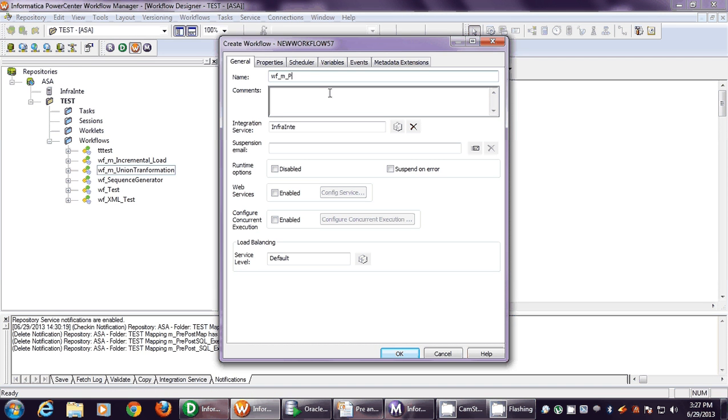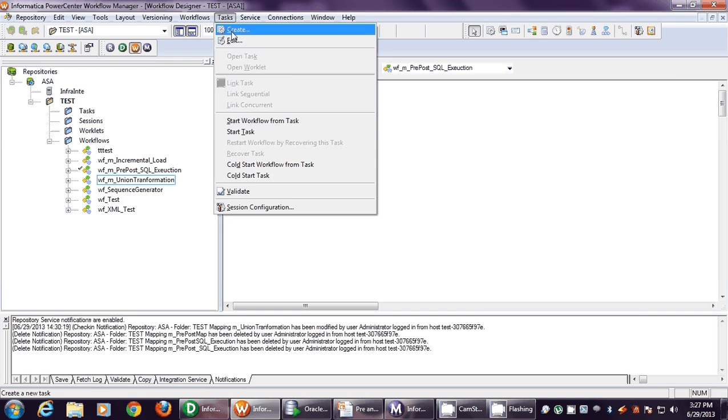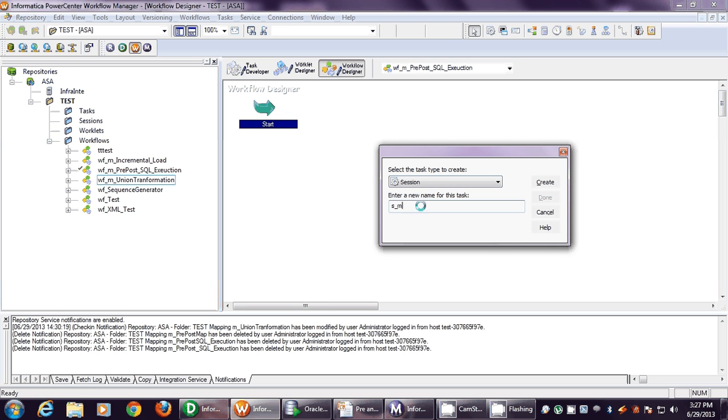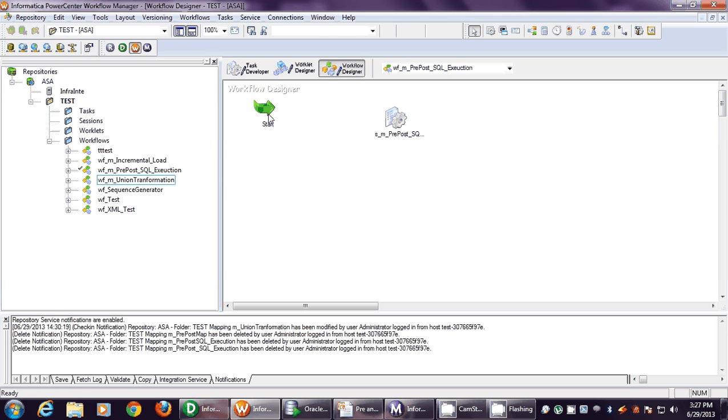WF pre post SQL execution. Create the session task s underscore m underscore pre post SQL execution. Link the task which we have created.